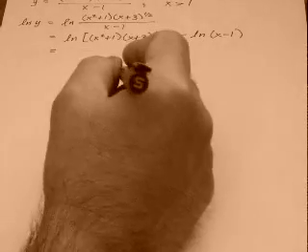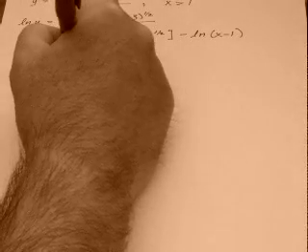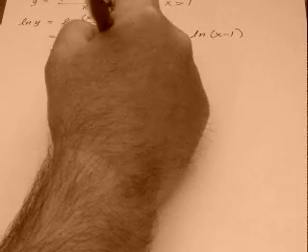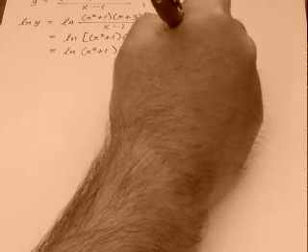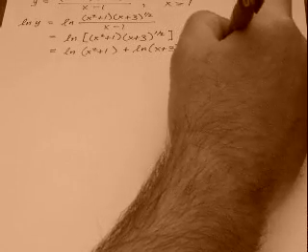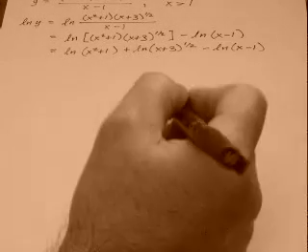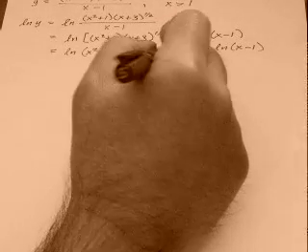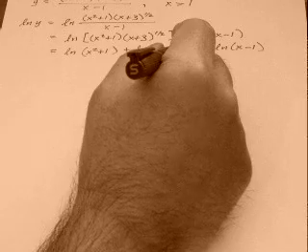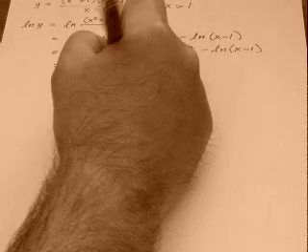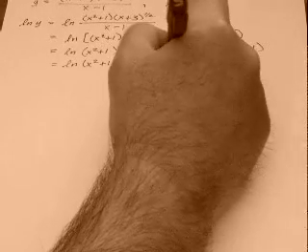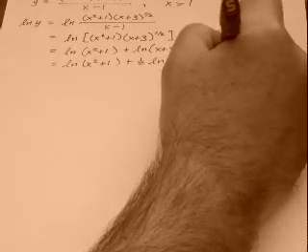Ln of a times b is ln of a plus ln of b. So you've got ln of x squared plus 1 plus ln of x plus 3 to the 1/2 and then minus ln of x minus 1. And then you can apply the power rule here with logarithms. You can put the powers in front. So you've got ln of x squared plus 1 plus 1/2 ln of x plus 3 minus ln of x minus 1. Alright, now